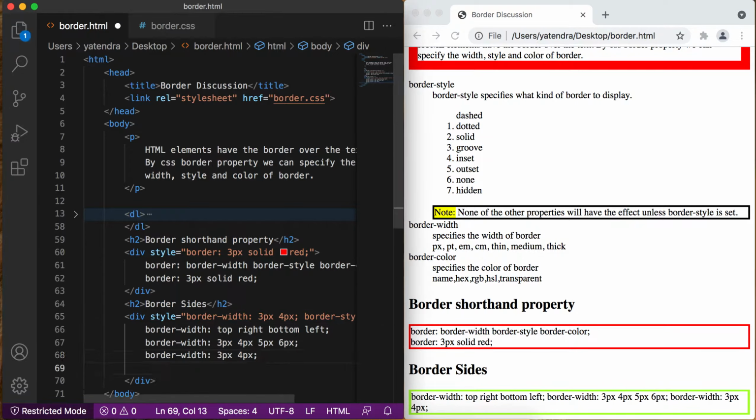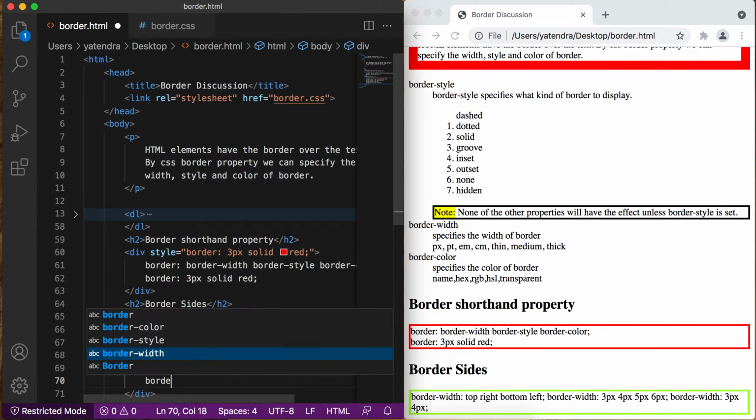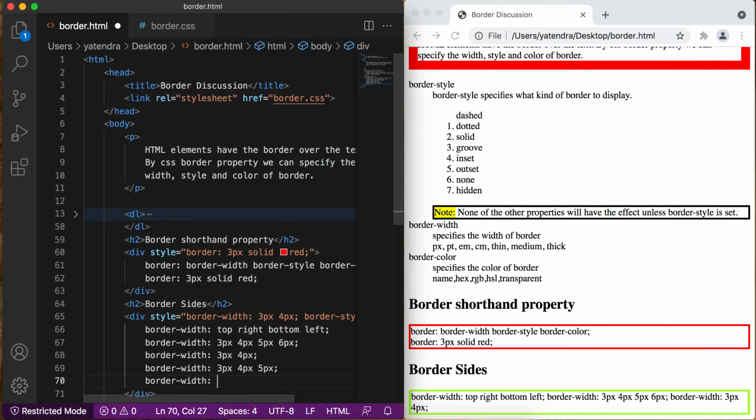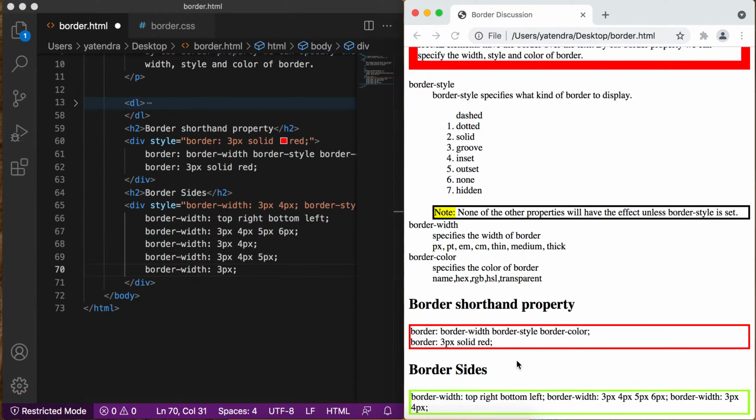Same way, if we give border width 3 pixel, 4 pixel and 5 pixel. Now what happens? Top has 3 pixel, right has 4 pixel, bottom has 5 pixel. We did not give the left, so right shares the value with left. Same way, when we give the border width 3 pixel, what this means is we only give the top value and the other three values are missing, so all three share the same value. Okay, so this rule,